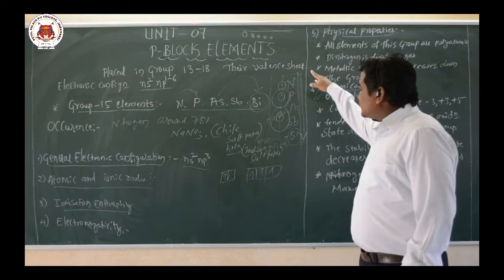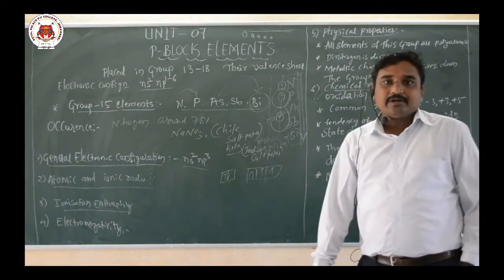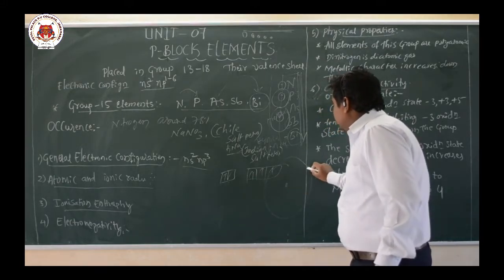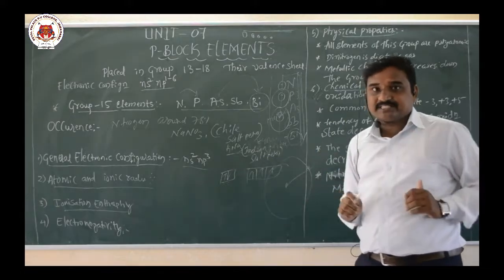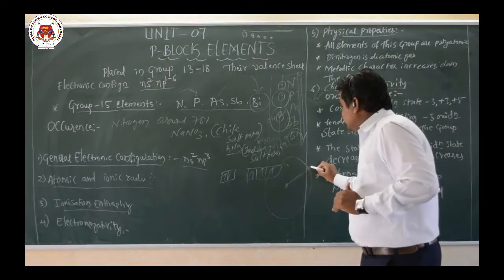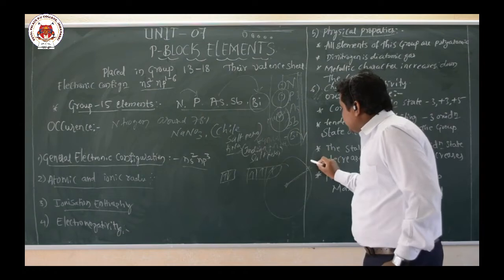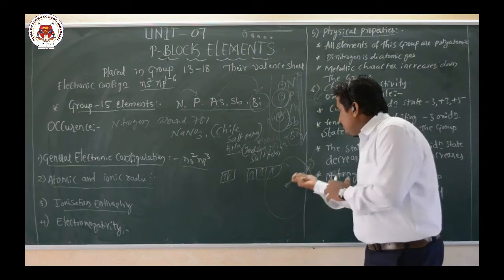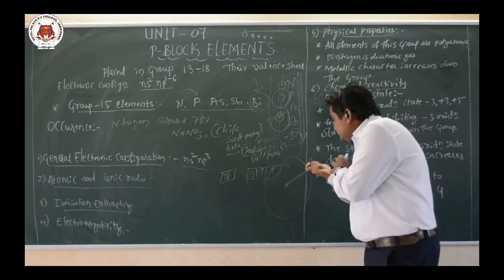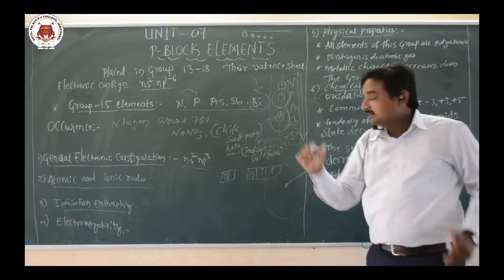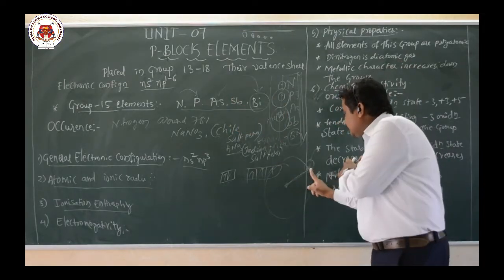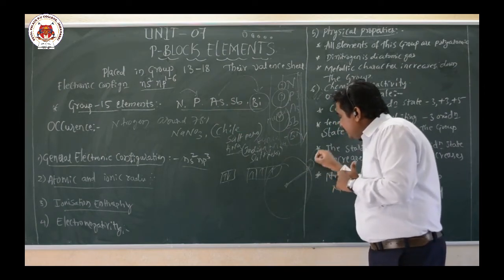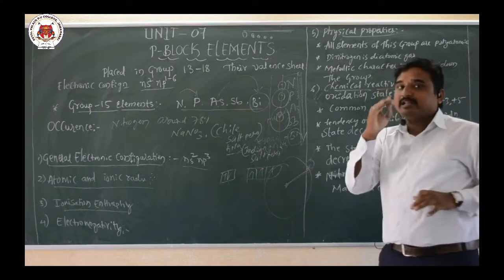The ionization energy decreases down the group because the distance between the center of the nucleus and the valence electron increases with the increase in size. As this distance increases, the energy required to remove the outermost electron will be less, because the nucleus will not have that much influence on this electron. As the influence decreases, the amount of energy required to remove this outermost electron will be less.